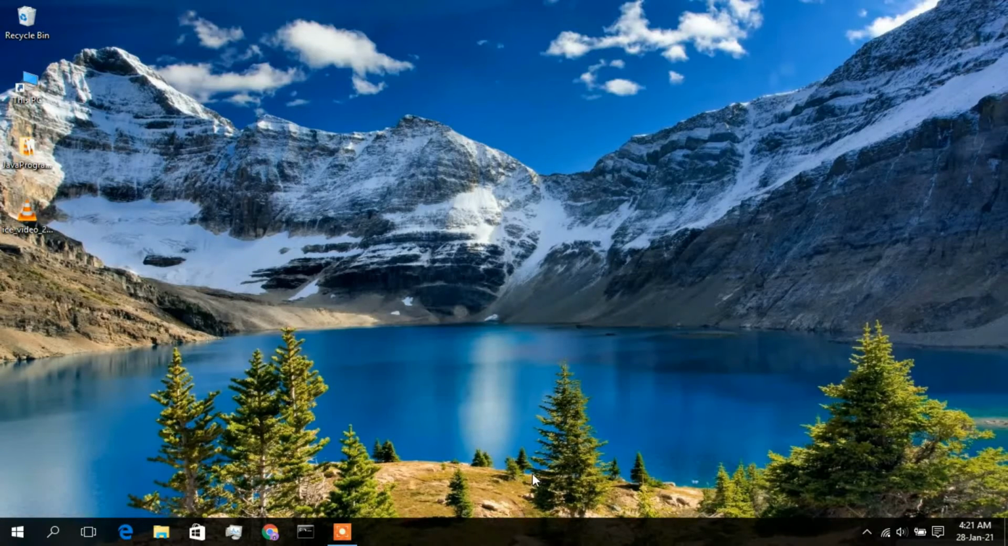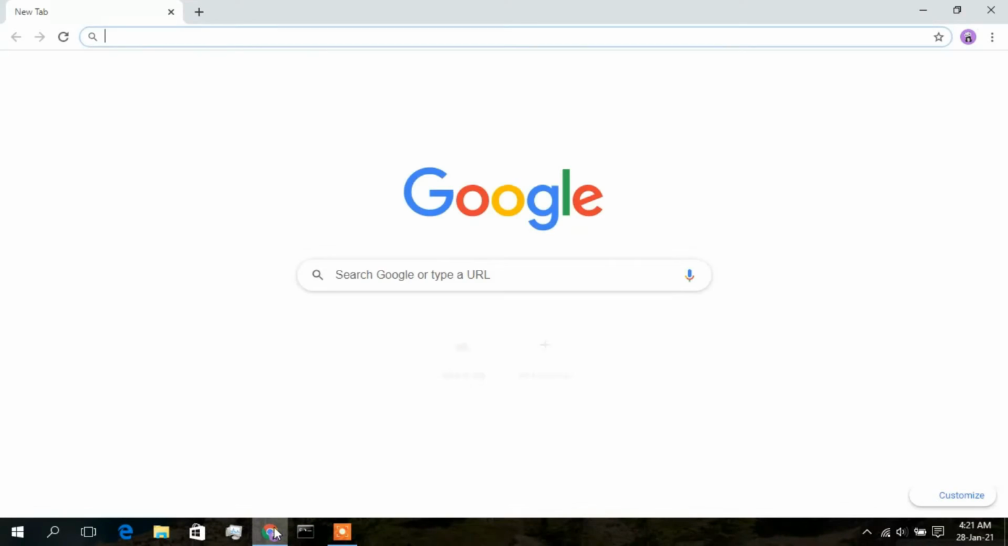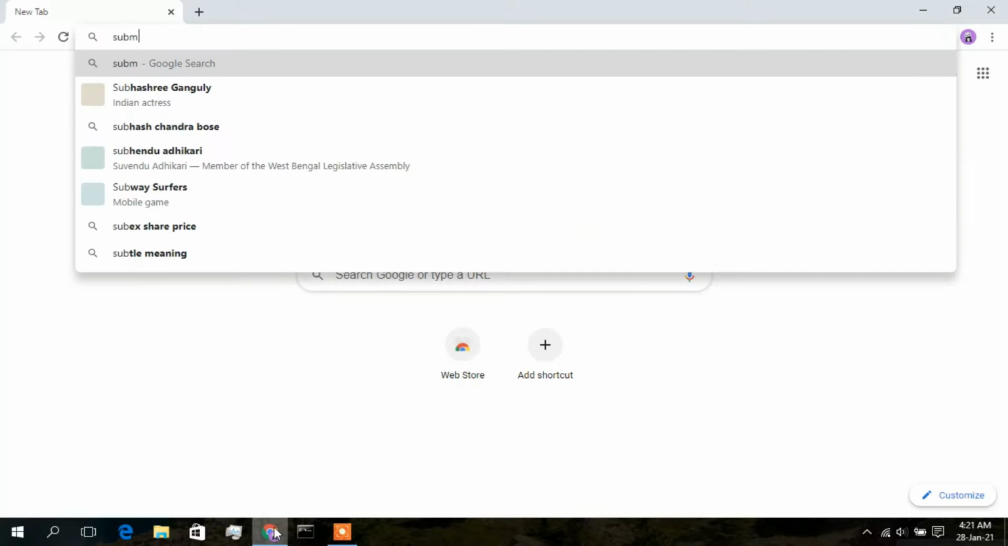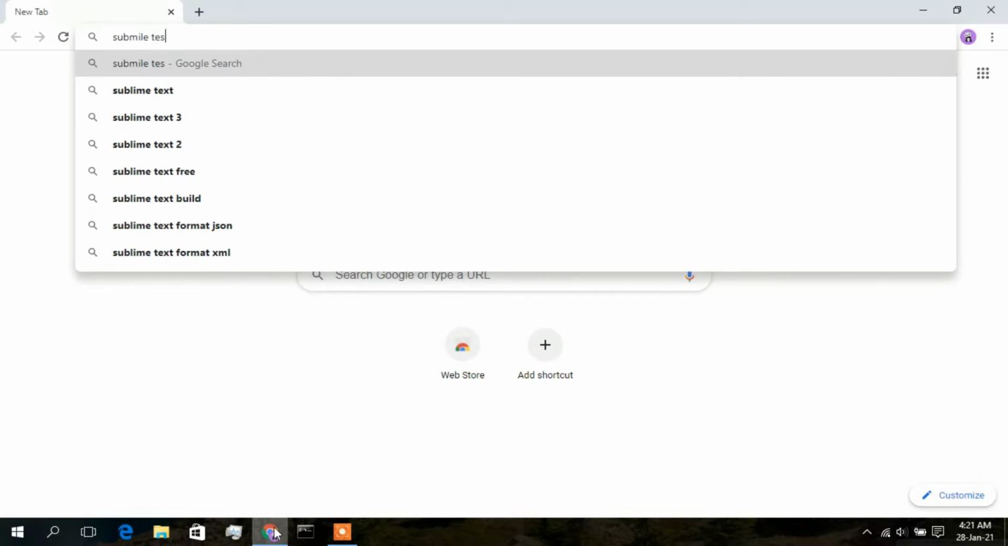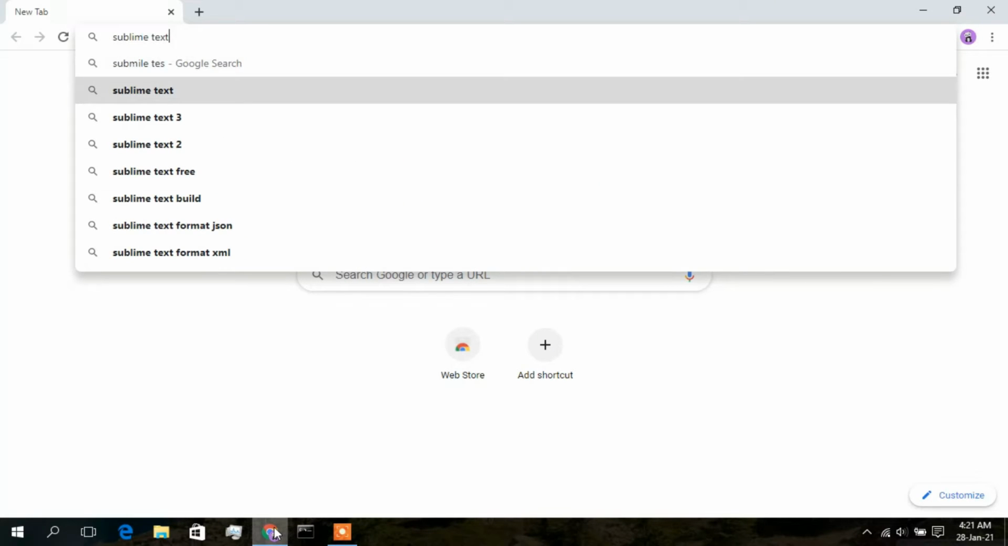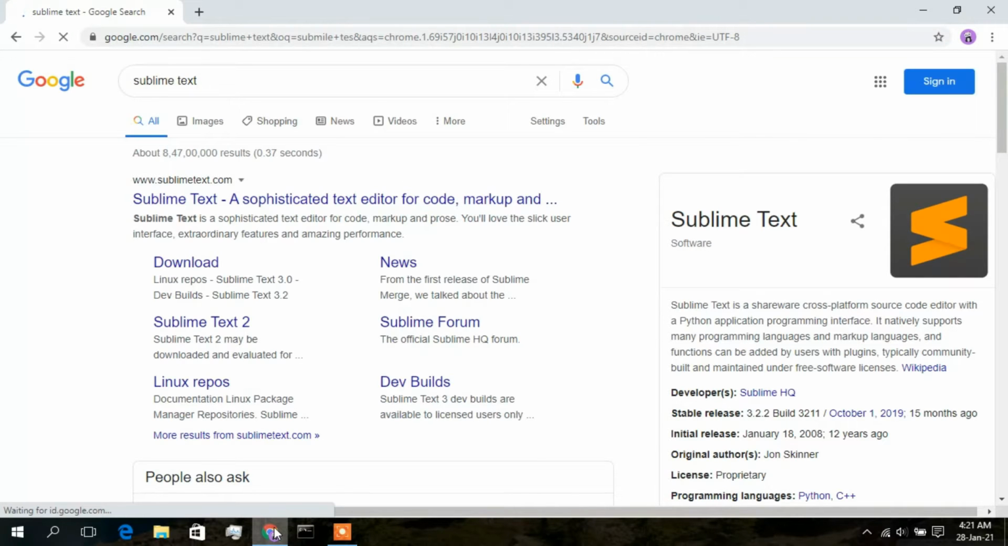Now to install Sublime Text in your Windows 10 operating system, first you need to download Sublime Text. So for that just simply click on a browser and in here just simply type Sublime Text and then just enter. And now as you can see, our first link is from www.sublimetext.com. So you need to first click on this Sublime Text,